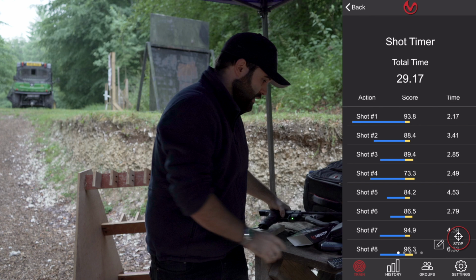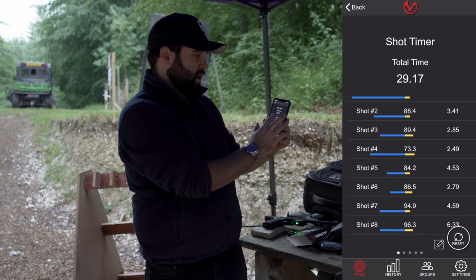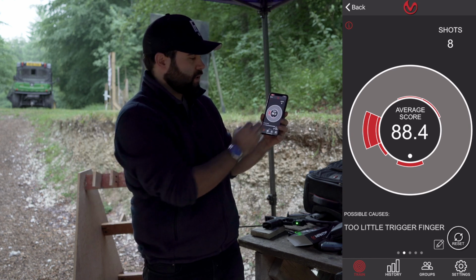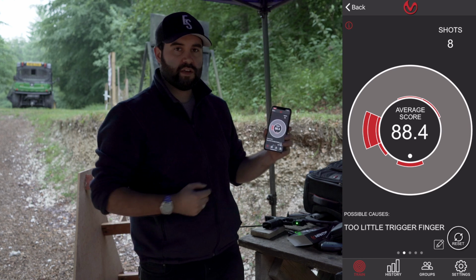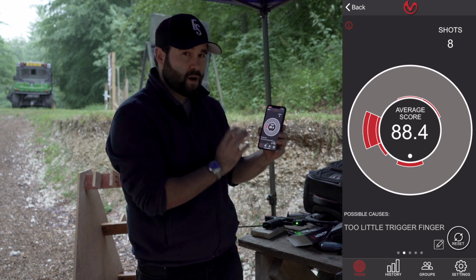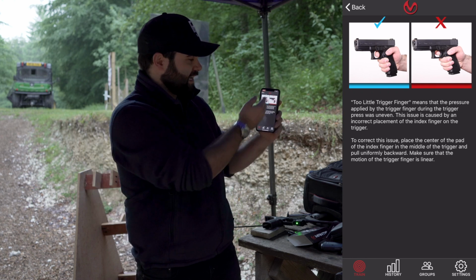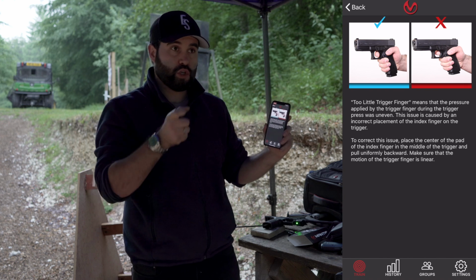Let's go through and now analyze them. So we're going to stop the assessment, and then you can go through, and this is what I find really powerful. Actually, not a bad score there, but you can see these red areas. There's obviously room for improvement, there's always room for improvement, but what's so powerful about this is you go, okay, I'm pulling the gun off to the left there, let's click on that and see what could be causing that, and it gives you a whole breakdown of what you might be doing wrong and what you should adjust